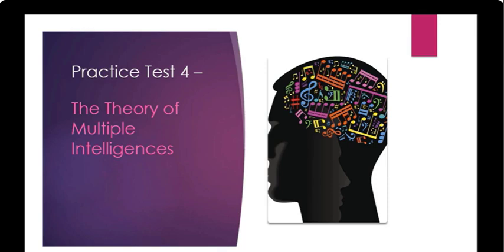Gardner's theory suggests that intelligence is not limited to one or two skills. Instead, people can be intelligent in different ways, through music, physical ability, social skills, or other talents. This theory helps educators design teaching methods that respect different strengths.